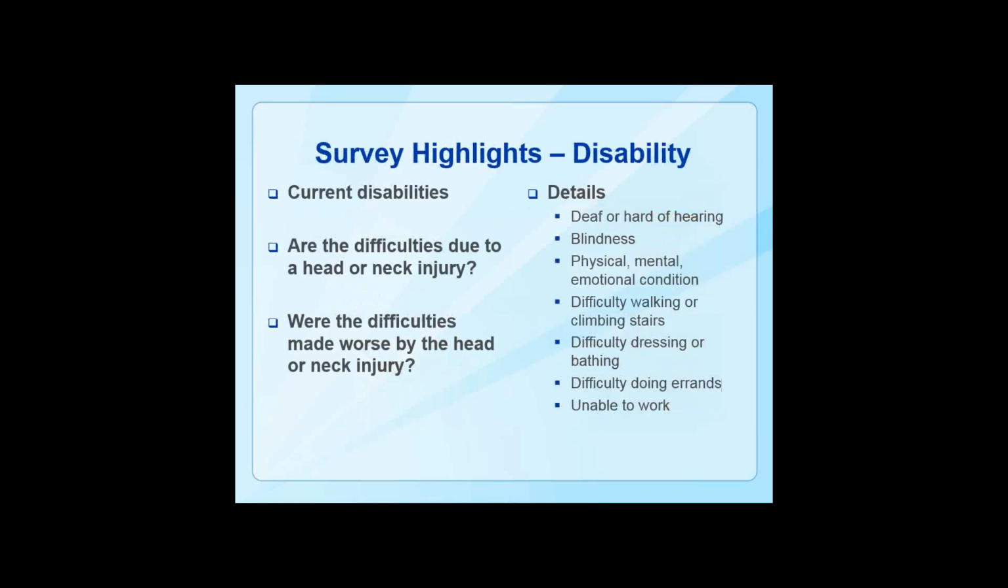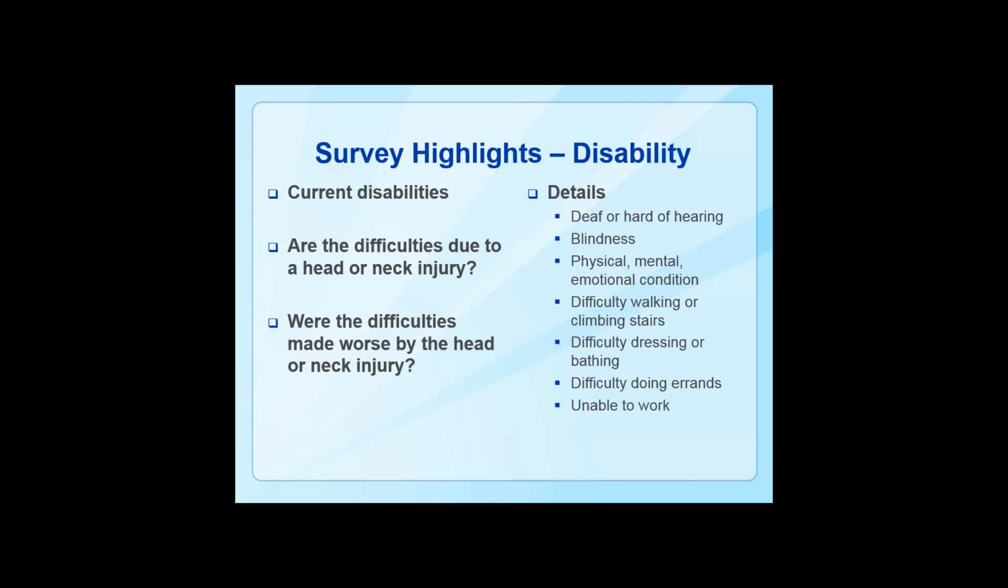Among adults only, we will be asking a series of questions about disabilities. We want to know what disabilities the respondent is currently experiencing. These disabilities include being deaf or having serious difficulty hearing, experiencing blindness or difficulty seeing, even when wearing glasses or contacts,